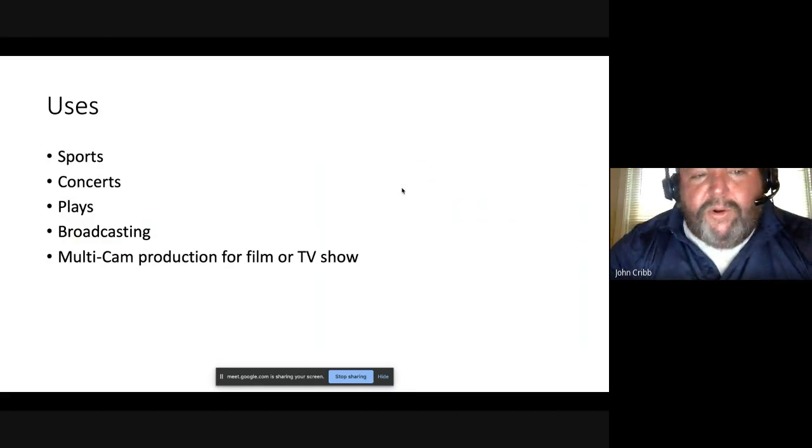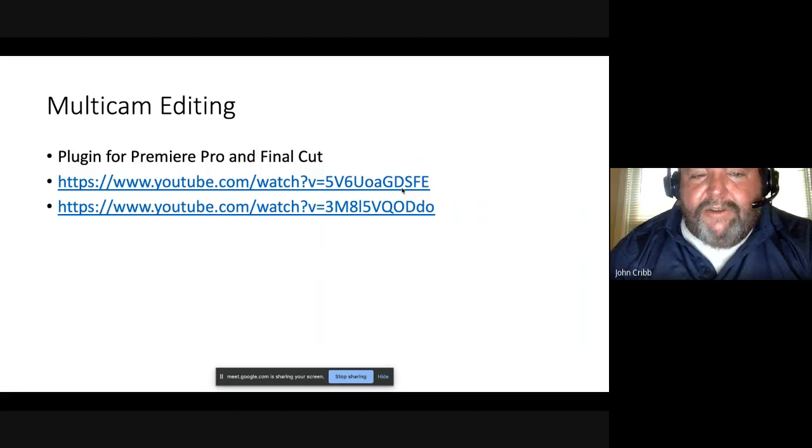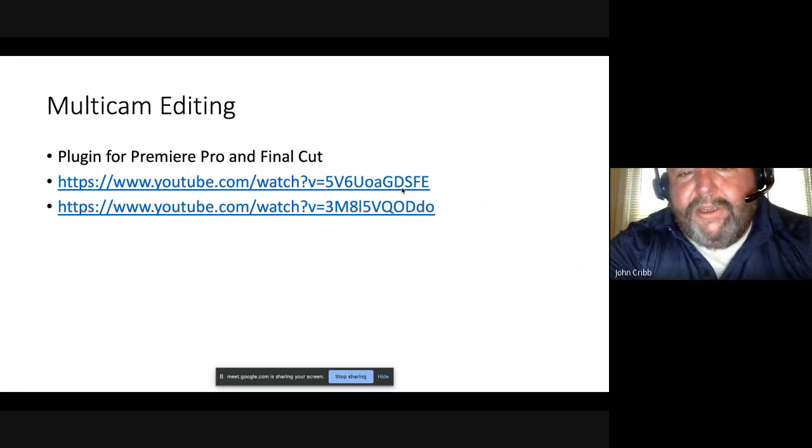Some uses: sports, concerts, plays, news broadcasts, setting up a studio. But the best thing was for multicam production for film or TV show. And I think one of the standards is that students have to produce a multicam production. With Sling Studio, it's a done deal, because